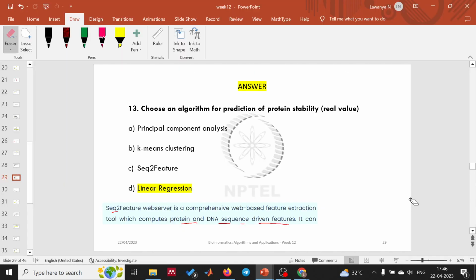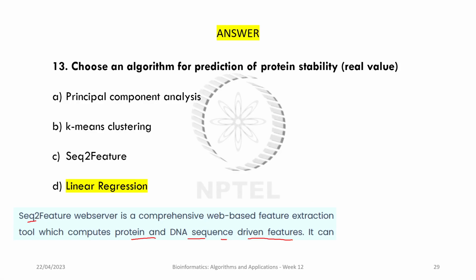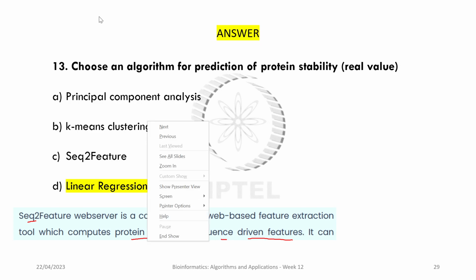Instead, similarly, you have principal component analysis and k-means clustering as learning algorithms which can help you predict something. But if you were to choose an algorithm for predicting a real value of protein stability, the best way to do that would be to go for linear regression,